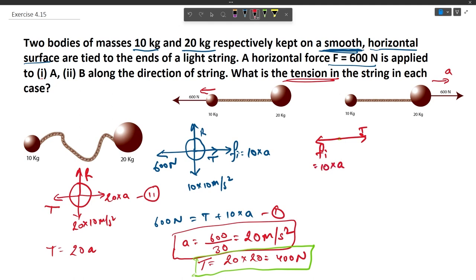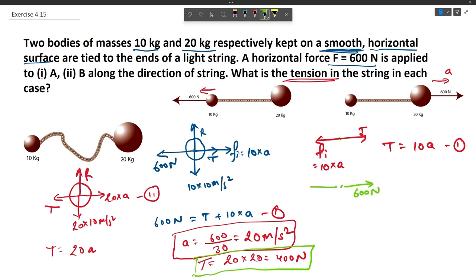Now since the weight and reaction will cancel out, we are not drawing it over here. Now writing the equilibrium equation, T equals 10a. Let us represent it by equation number 1. Now similarly we will draw the free body diagram for the 20 kg object. Now the force is acting in this direction, 600 Newton,